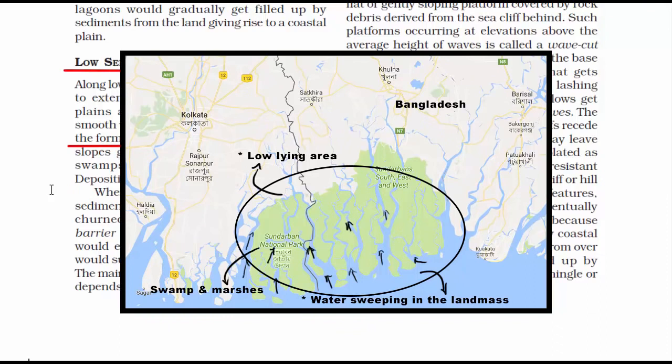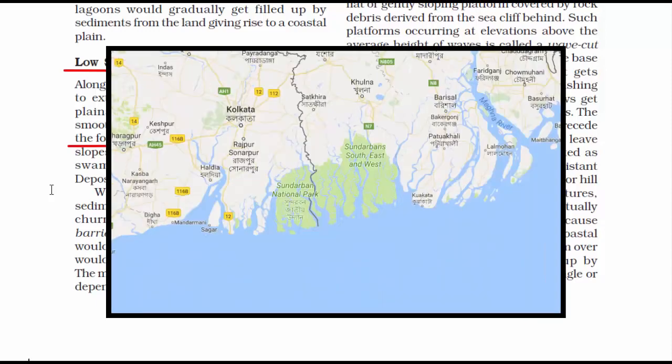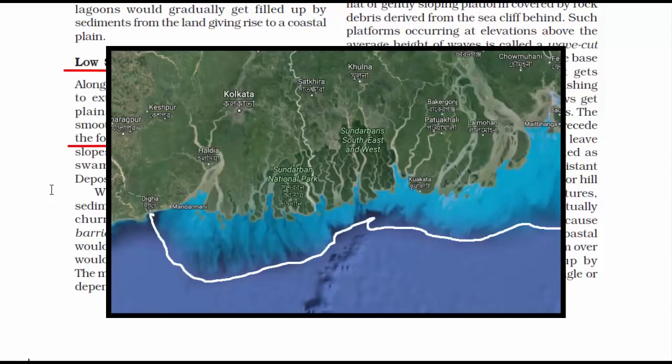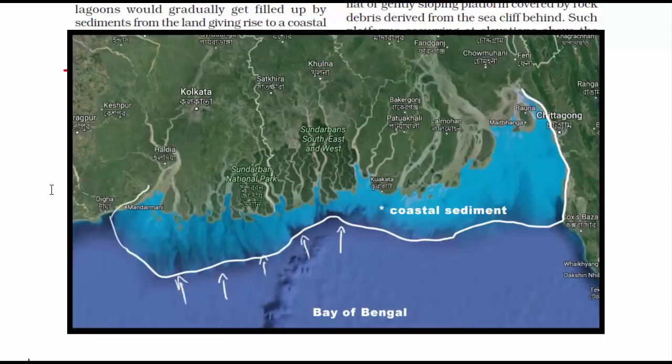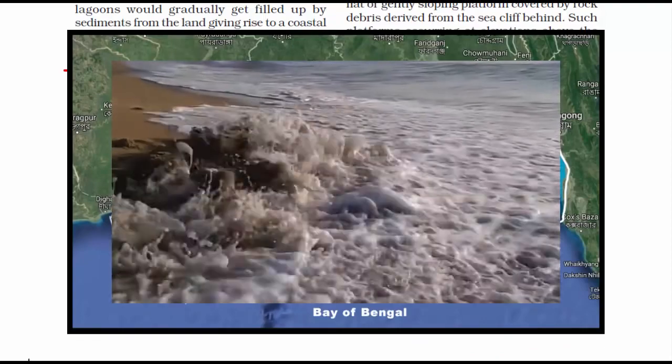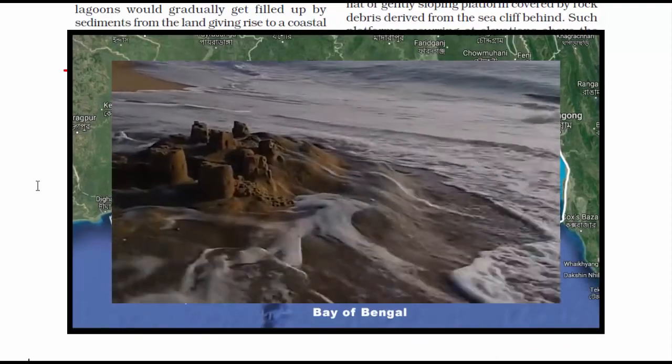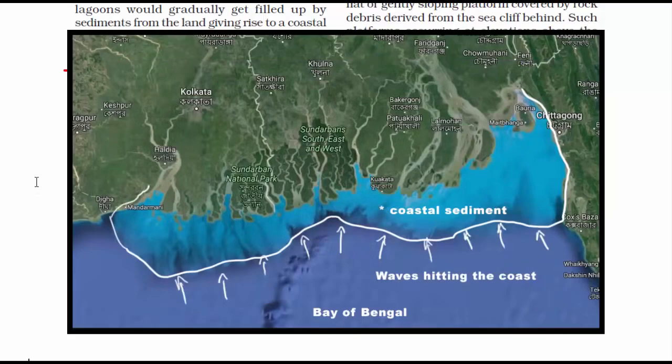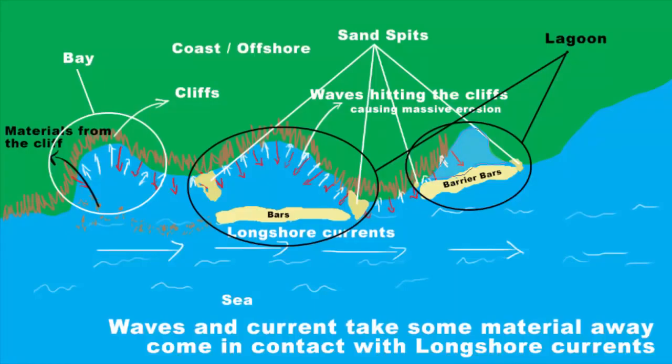Now try to understand this. Here you can see the coastline which is slowly going inside the water, and there is a slope. This slope area contains a lot of sediments. When waves hit these sediments, they churn and they move rapidly. Because of their movement, barrier bars, spits and lagoons are formed. I've told you what lagoons are. It is these lagoons that later on turn into swamps and eventually get filled up with sediments to form coastal